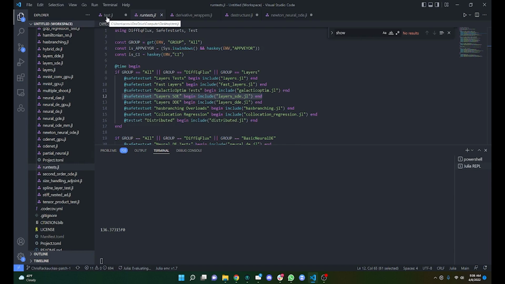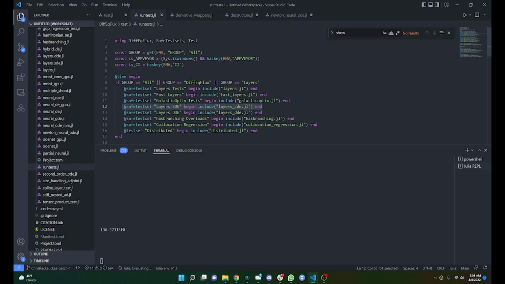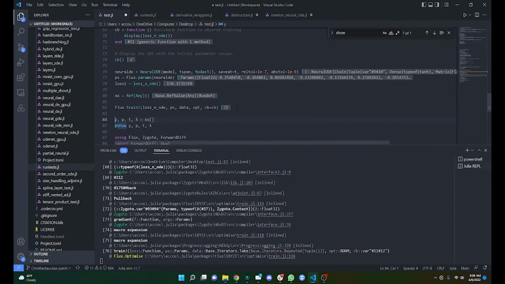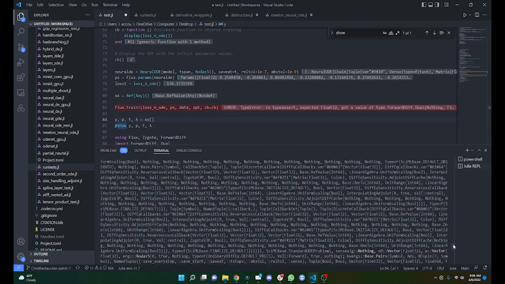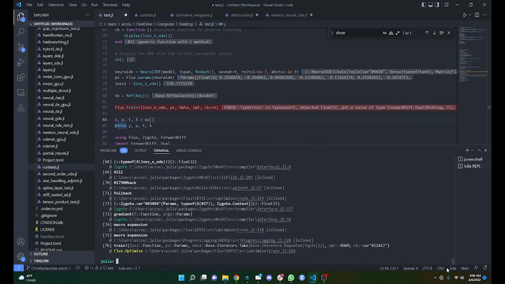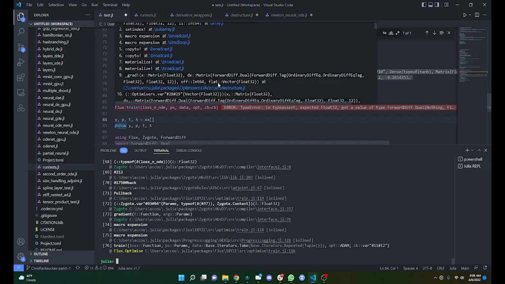I mean, with a lot of test sets you can do this without safe test sets, but you'll have to figure out all the dependencies, etc. So here I copy-pasted it out, and what do you know? I got this error, right? It's actually such a big error that I can't even scroll to the top of the stack trace, right? This is insane. So what I can do though is scroll over, and down here I can start to see